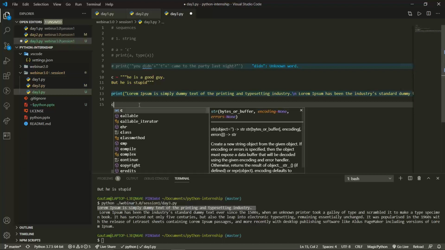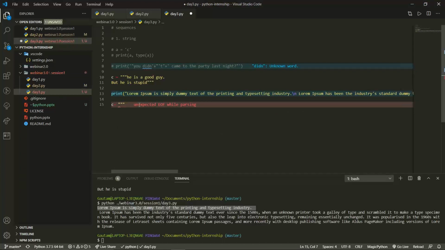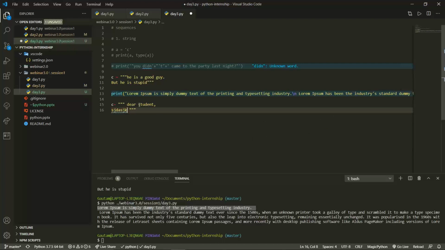For example, you write something like, dear student, and then a comma, and then again you write something, then again something. In this condition, when we use slash n, it is not possible to send the slash n to the email, as slash n will be considered as normal text when you send it. So it will show you slash n only. It is not giving you the next line.